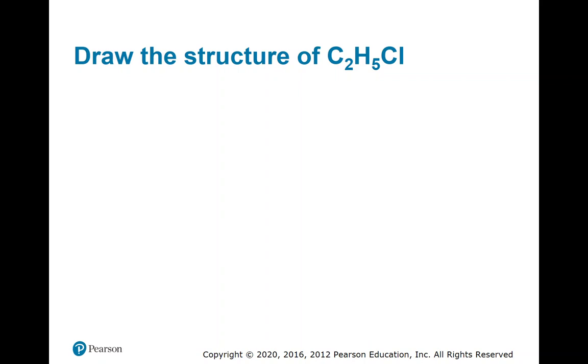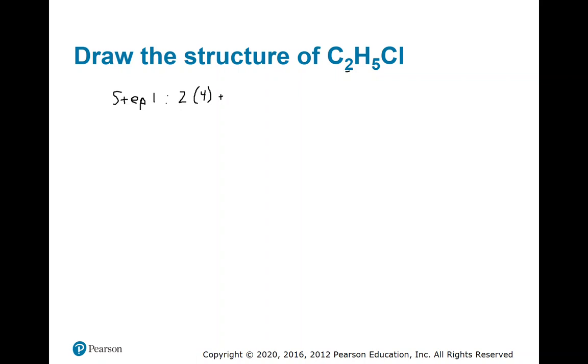Okay, so hopefully you've attempted this problem on your own. Let's go ahead and actually draw this. So the first step of drawing any Lewis structure, of course, is going to be to determine how many valence electrons we have. So step 1. And we have 2 carbons, so 2 times the number of valence electrons in a carbon atom, which is going to be 4,